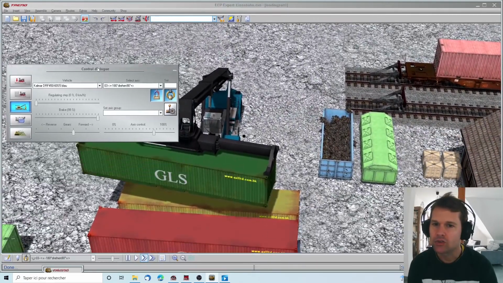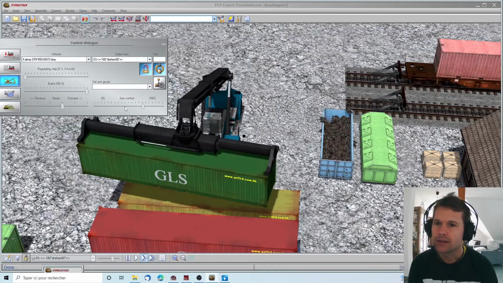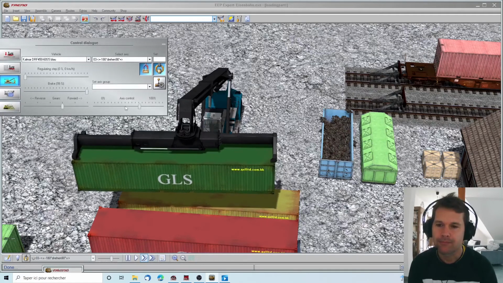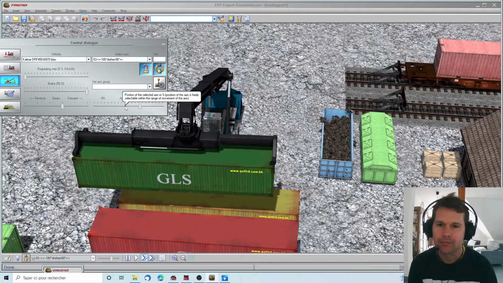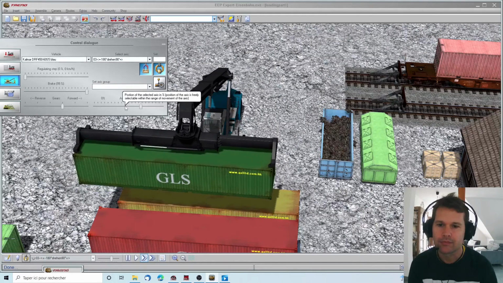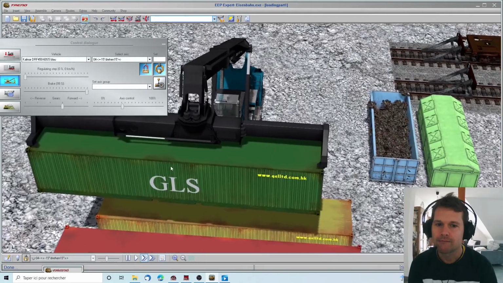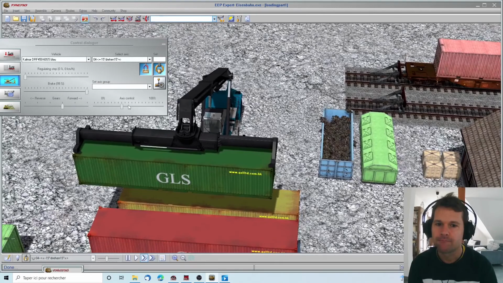So now you should see it, and let's rotate. I will need this one here, so I'm more precise. Now this one,